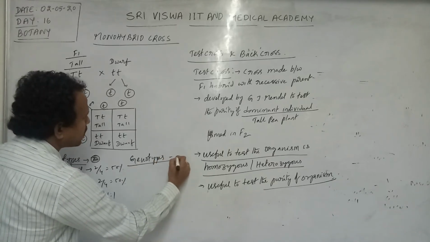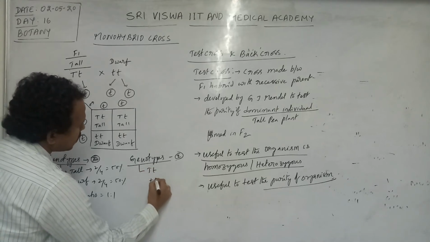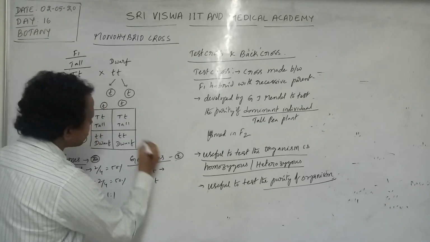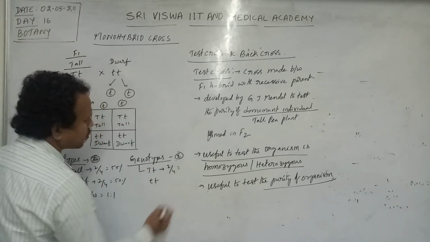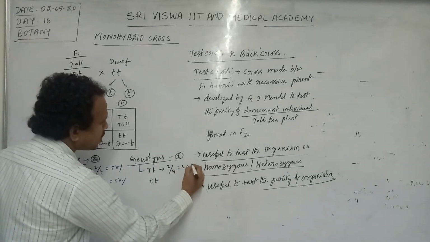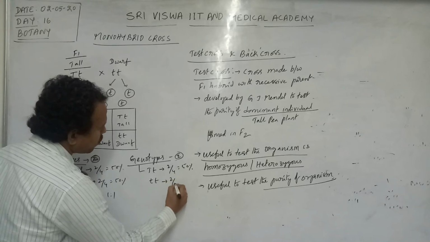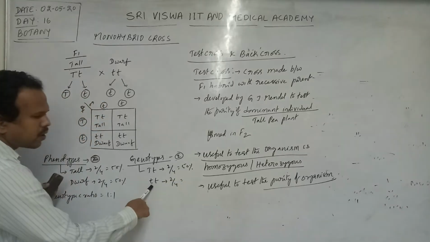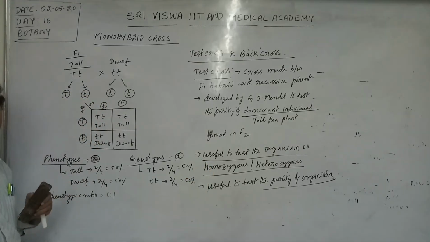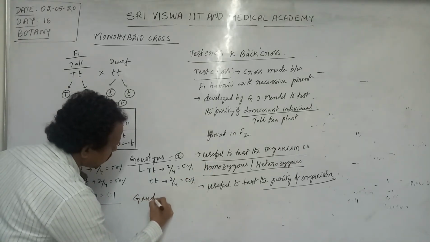Genotypes. Here, how many genotypes are formed? Two types. One is capital T small t, another one is small t small t. How many of the plants are with capital T small t? 2 out of 4, whose percentage is 50%. Then these two are small t, 2 out of 4, whose percentage is also 50%. So here the genotypic ratio is also